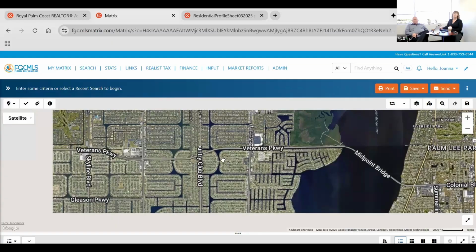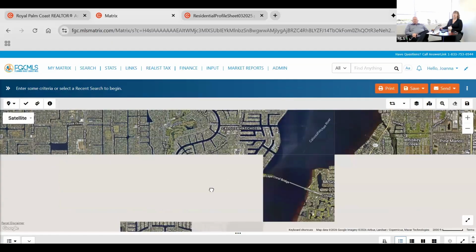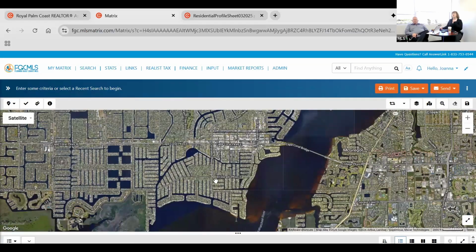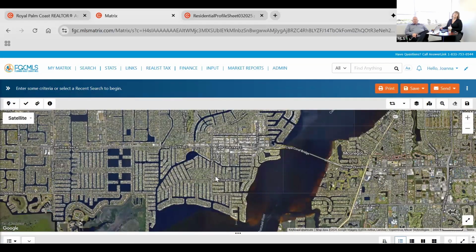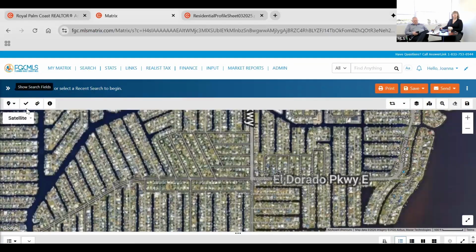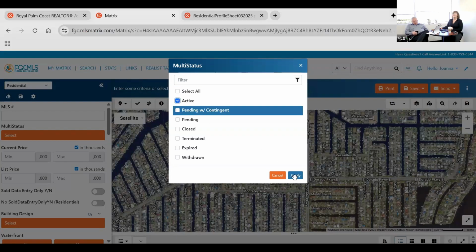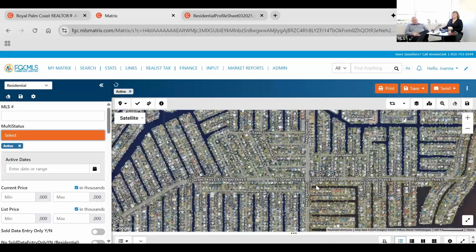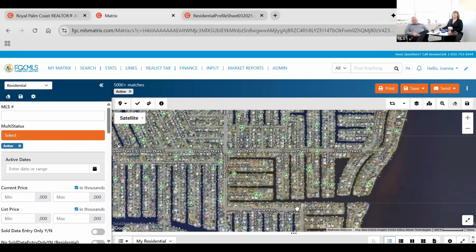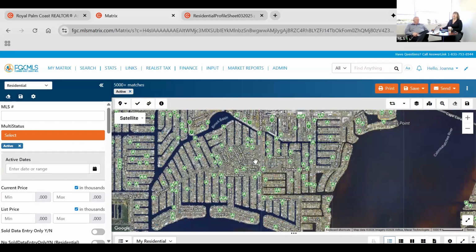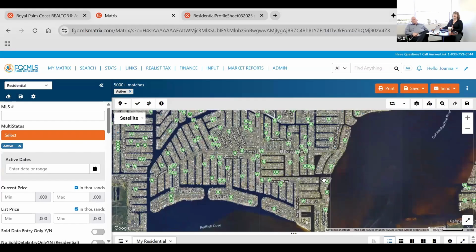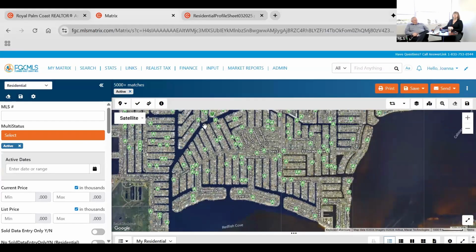And we'll look down here at the yacht club area. I'm picking on Cape Coral a lot, I know. All right, so getting your map exactly to where you want, if you're using it for searching specifically, scroll in here. I did turn off all of these though. Make sure you still have active selected. All right, there we go. So you can see all of the little green dots are going to pull up here of anything that's active, but we don't want everything that's in the MLS, right? We want to search a specific area. What you can do is